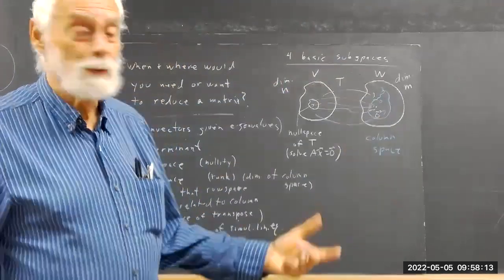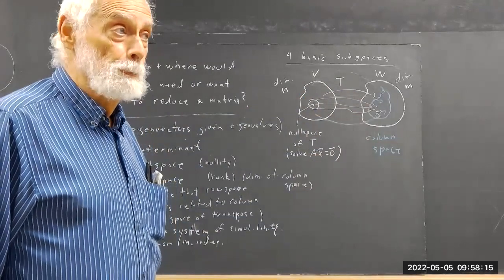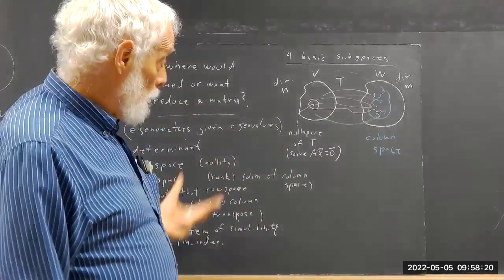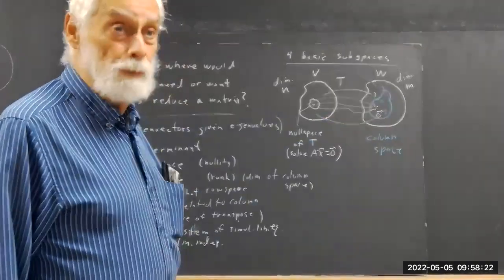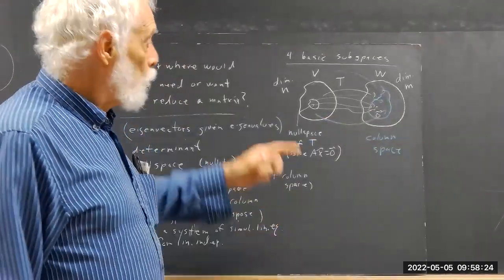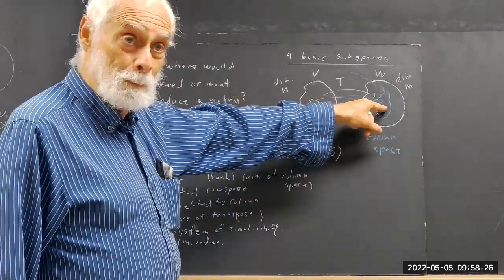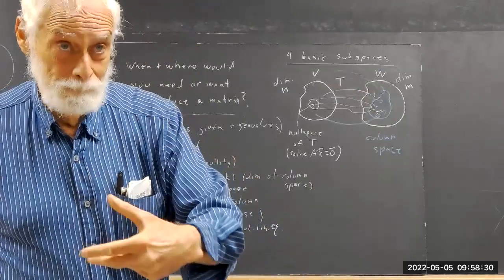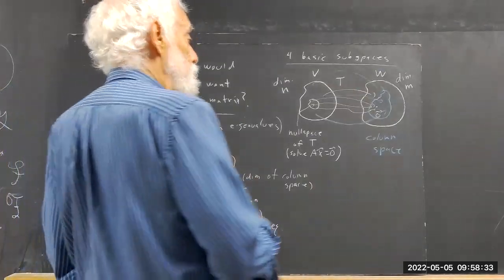You can memorize what the four basic subspaces are, but you want to try to understand them in terms of what happens to the matrix. So it's fairly obvious if you understand that why every row has to appear over here. Your column space is going to be spanned by the rows